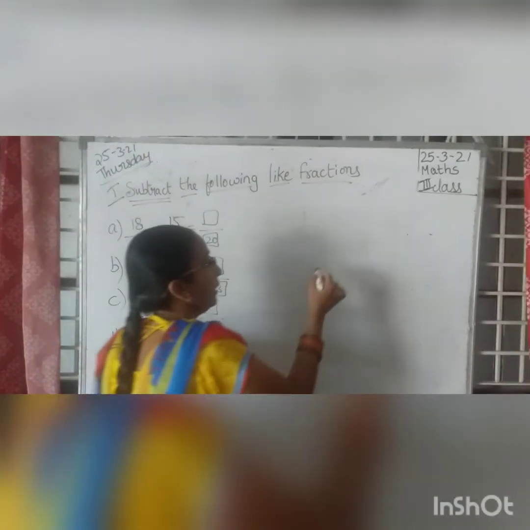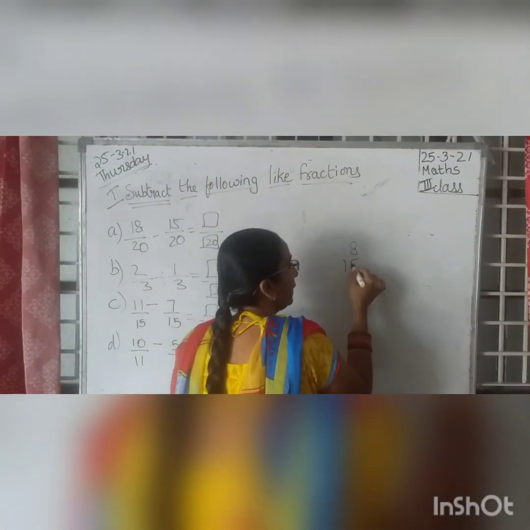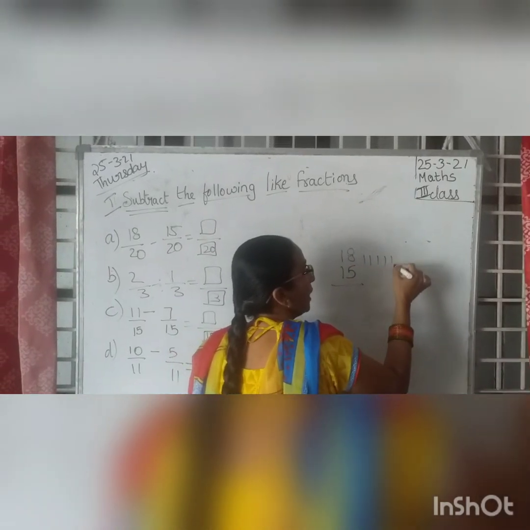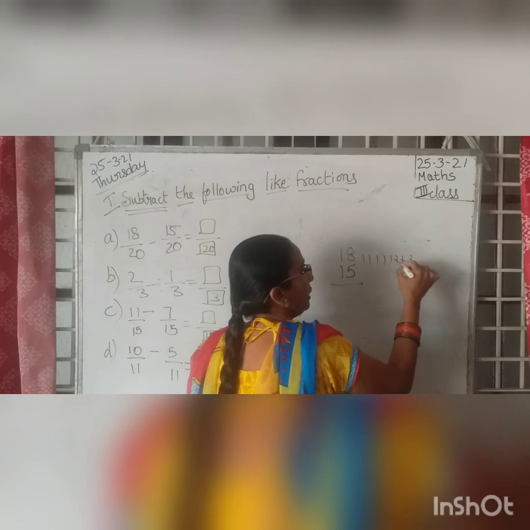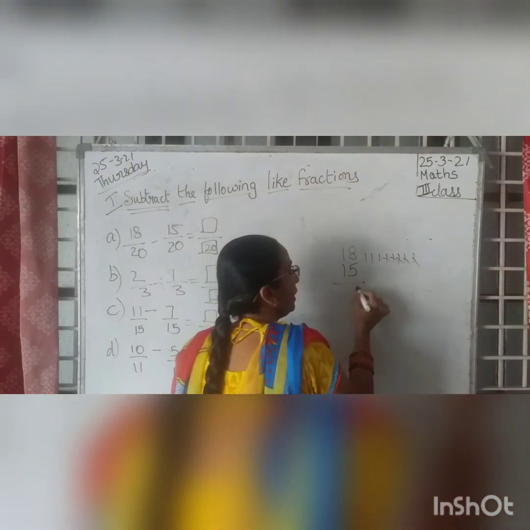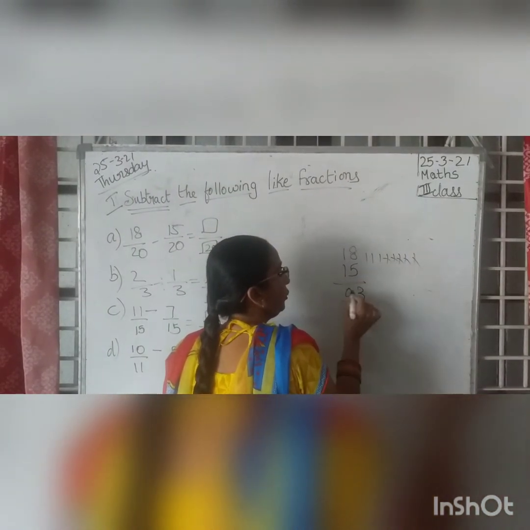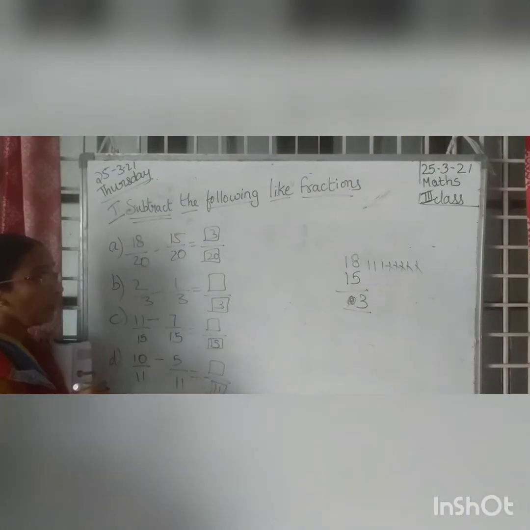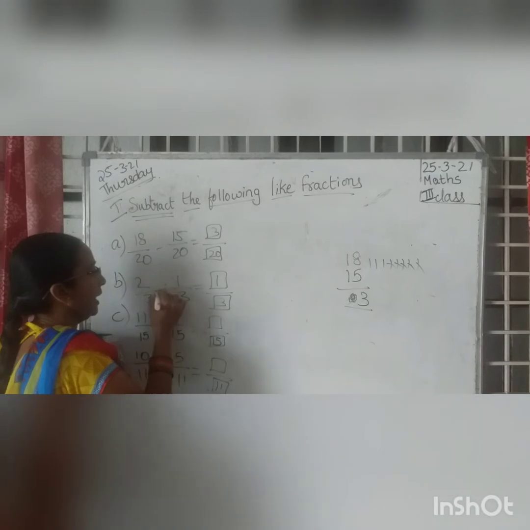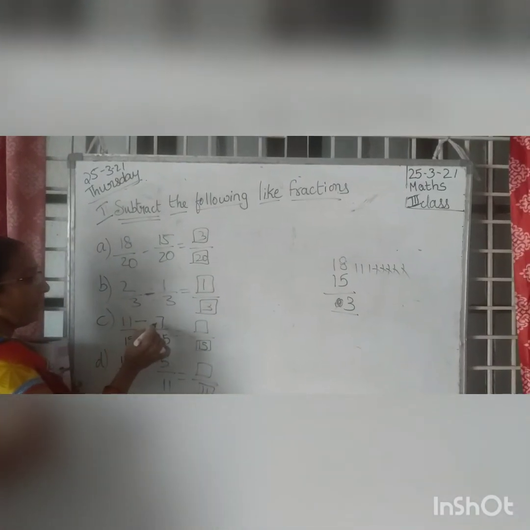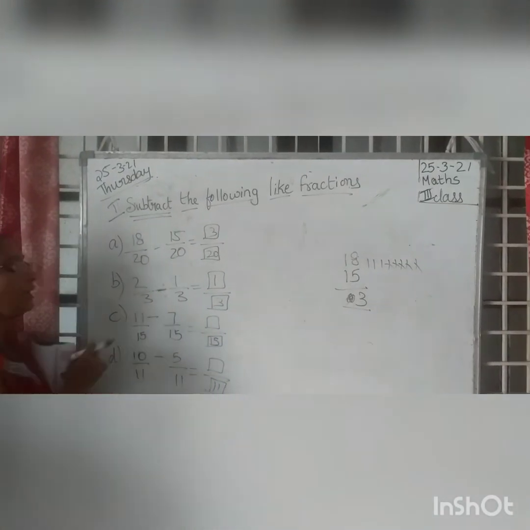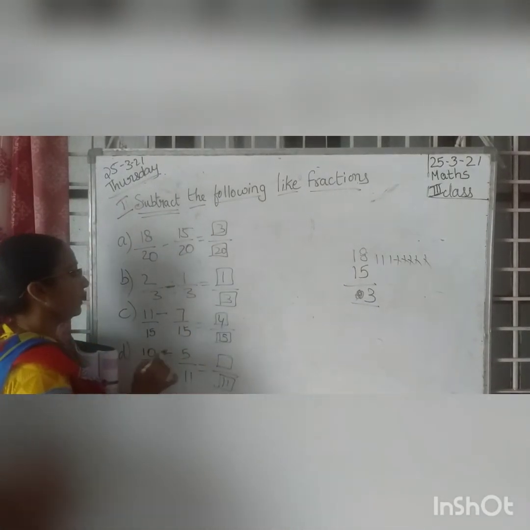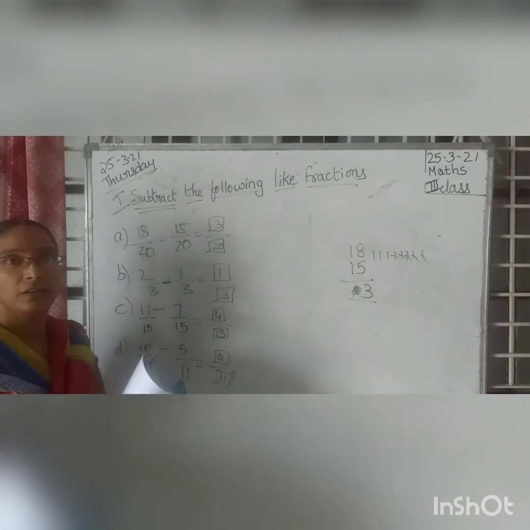Go to the rough column. Do 18 minus 5. 8 minus 5: 1, 2, 3, 4, 5, 6, 7, 8. 1, 2, 3, 4, 5. How many are remaining? 3. 0, so no need to write 0. Write only 3. Here write 3. Okay. Now 2 minus 1 is 1. 11 minus 7: after 7 count till 11. 8, 9, 10, 11. 4. Here also, 10 minus 5 is 5. That's all. Did you all follow?